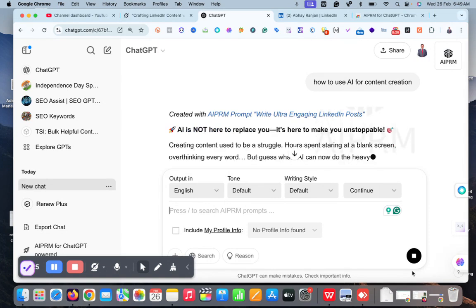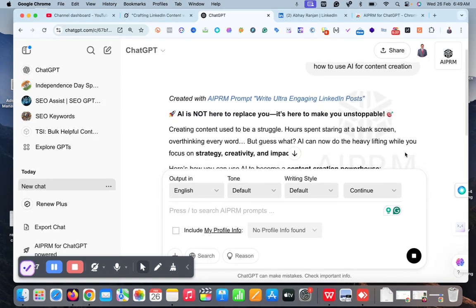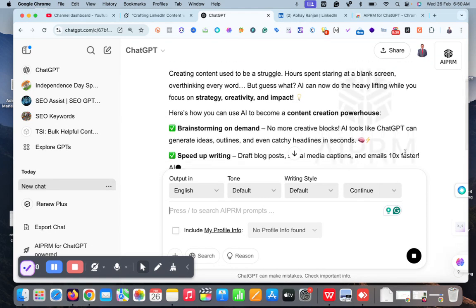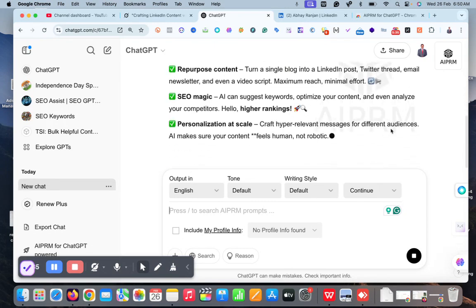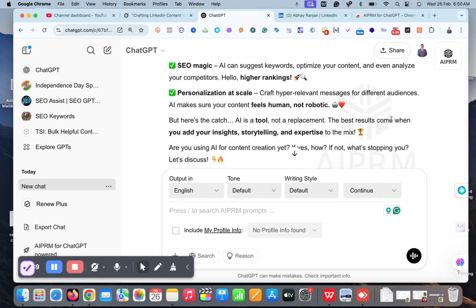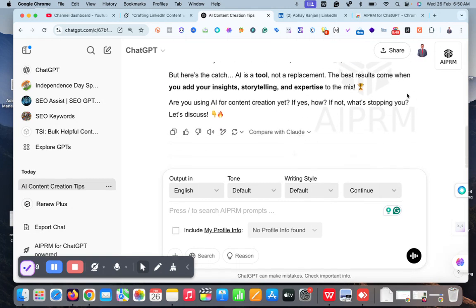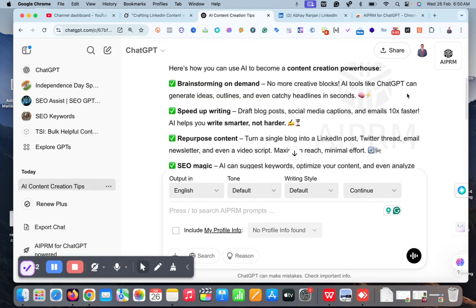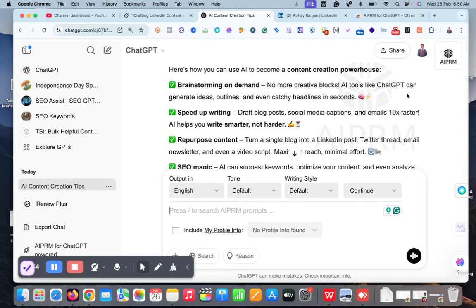It will include everything. It will include a very good title. It will include emojis. It will include the content part. It will include a proper call to action, everything. So the thing is, you need not go with a detailed level of prompting. You just need to define the subject line, define the topic of your post, and boom, you are going to get this content. So this is the actual use of ChatGPT when you are utilizing LinkedIn for your post creation,